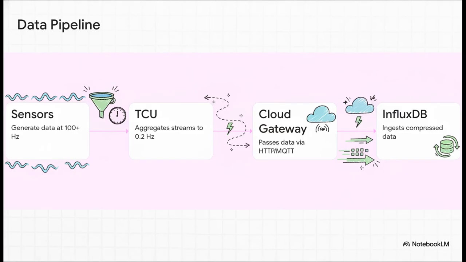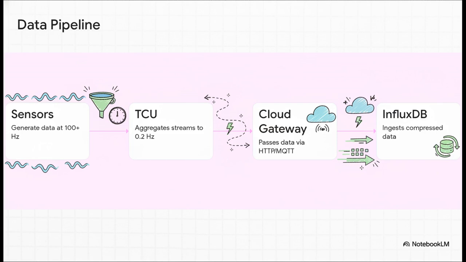This edge pre-processing creates a beautifully efficient pipeline. Those raw 100 Hz sensor streams, the TCU aggregates them into 5-second windowed averages before they ever leave the vehicle. By the time that data hits your HTTP API or MQTT gateway, it's already structured, filtered down to a manageable 0.2 Hz, and perfectly formatted for InfluxDB. This edge optimization is exactly how we guarantee that when you run a cloud query, your response times stay well